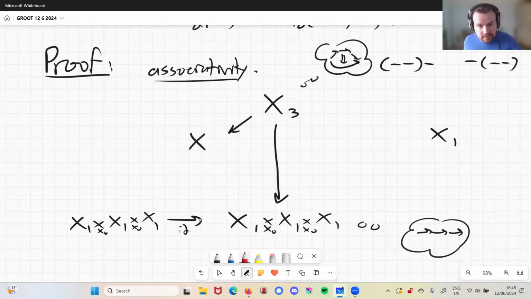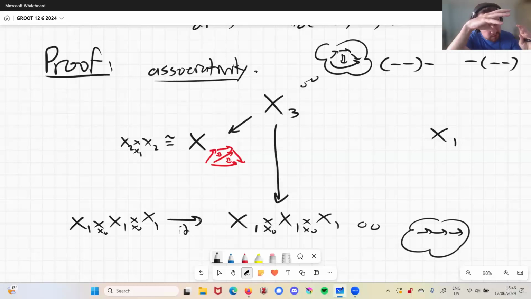We have X, and then what I'll draw as this diagram. What this is precisely is 2 copies of x2 pulled back over x1. So this is actually x2 times x1, x2, right? And what this is, it's the space of chains of length 3 together with a composite of the first 2 morphisms and then a composite of that with the last morphism.